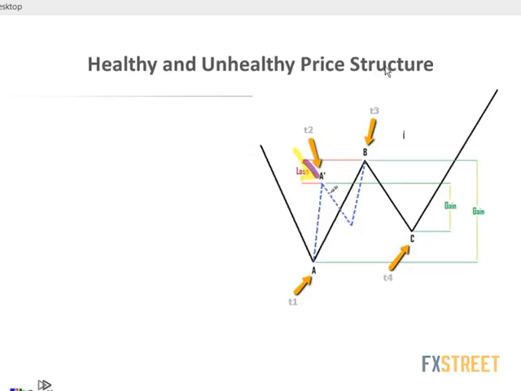So they offer liquidity to the participants on the larger time frame, who keep buying at this price because they believe that price can go even higher than B. So the participants on the smaller time frame provide liquidity, so they sell, and the participants on the larger time frame buy. Now, let's suppose that the participants on the smaller time frame do not sell here, but they